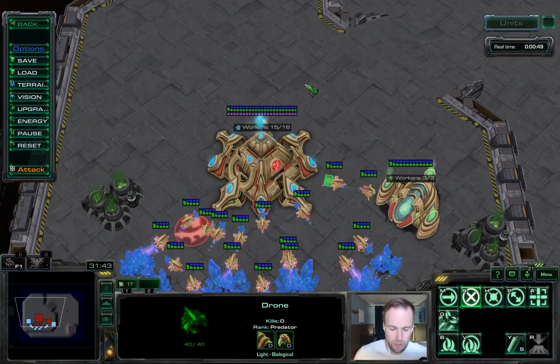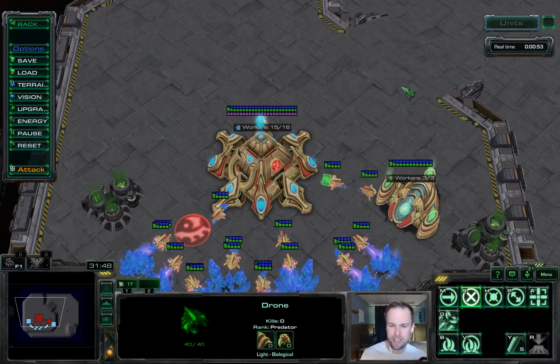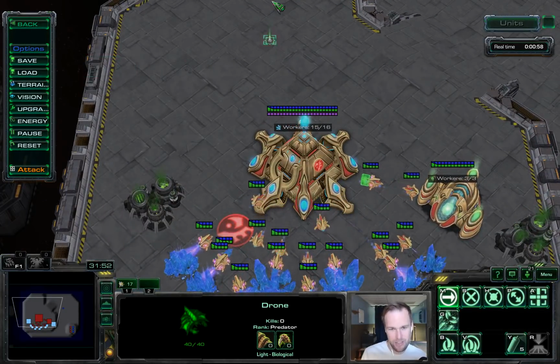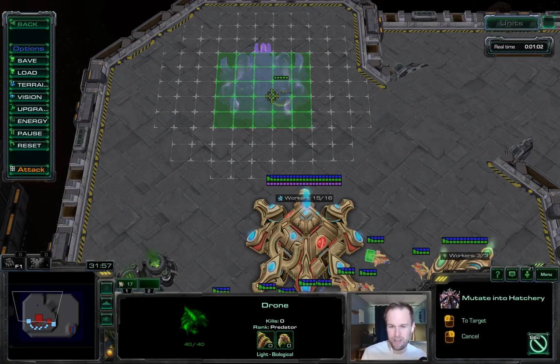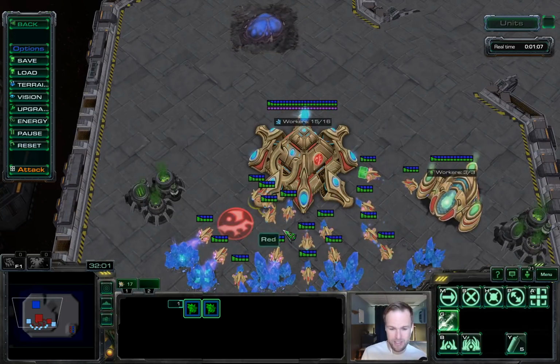For this one I want to show you a tutorial on how to kill a proxy hatch with workers. Now you might think that's a pretty simple video that you don't really need to talk about, but I would say that there's a much better way to kill a proxy hatch that almost no one uses. In fact, even when I see it on the pro scene, they don't use the method I would suggest. So